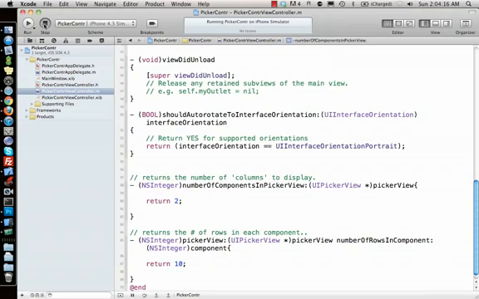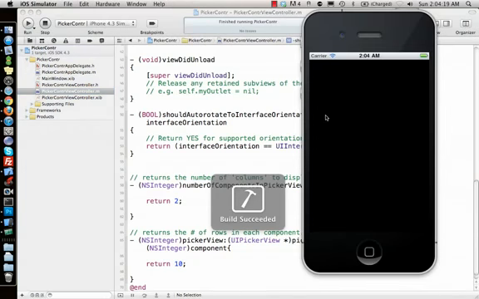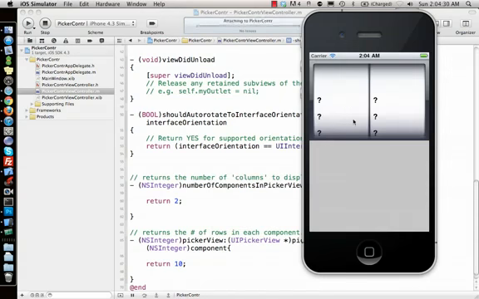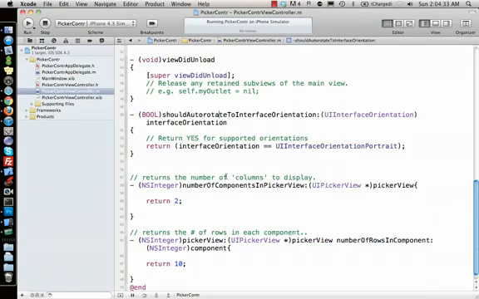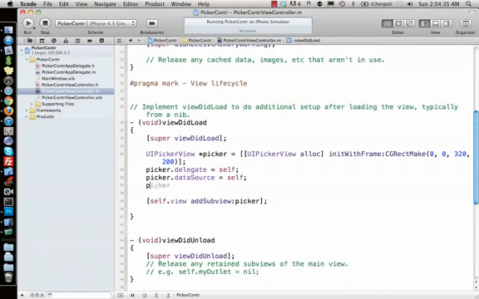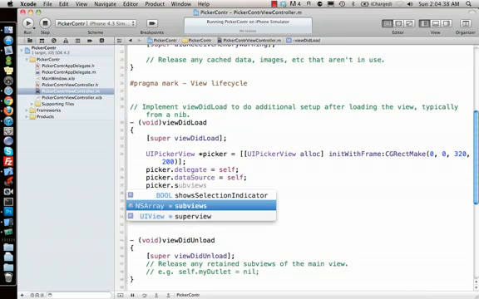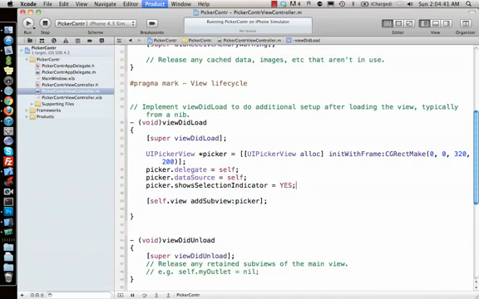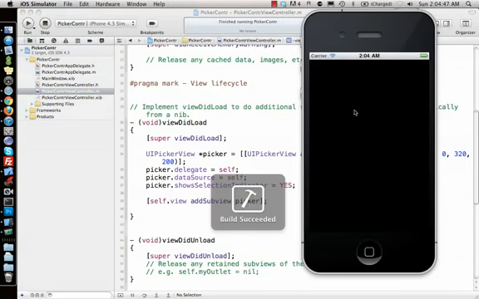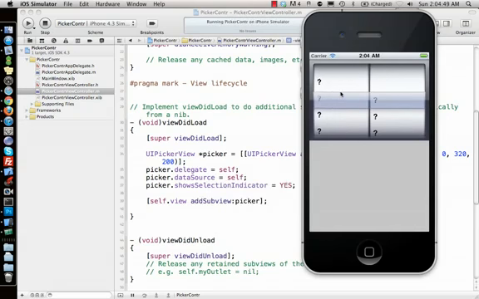I want to do two sections, just to show you how it looks. So we can have multiple sections in a UIPickerView depending on your requirements, however many you want. This is how it will look. I can also say picker.showsSelectionIndicator equal to YES. What this will do is show which one is the current selected one. If you run that, you see that blue thing come up, which helps you see which one is selected. Once I'm done with that, let me add some data to it.